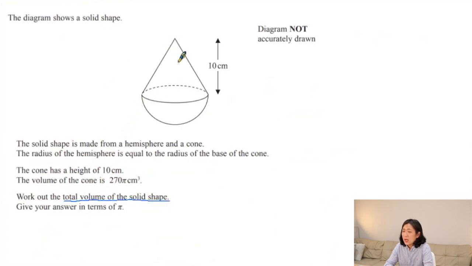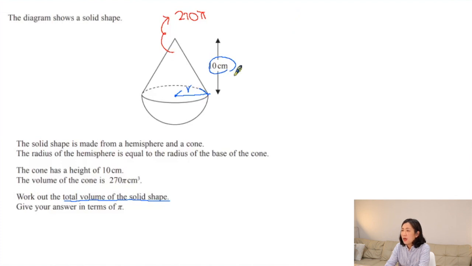That is the height of the cone, that's 10. Then the volume of the cone is 270. So using the volume of the cone, we can come up with R, since R is missing, right? So always have a plan. First of all, we need to find the missing value R, then we can figure out the total volume